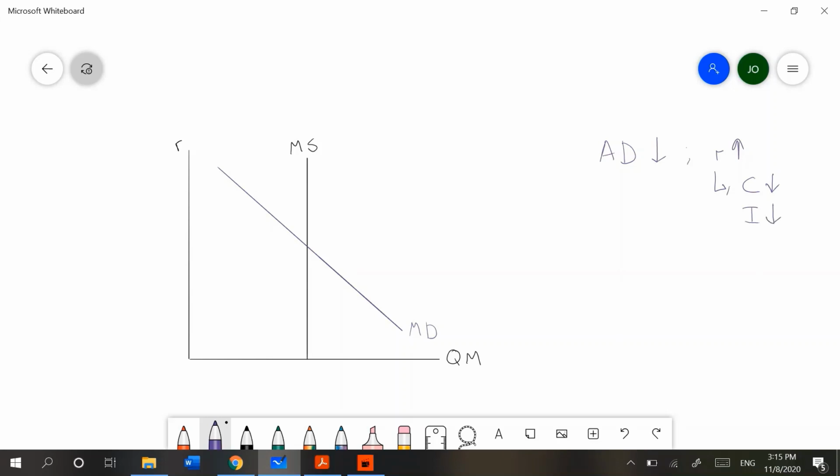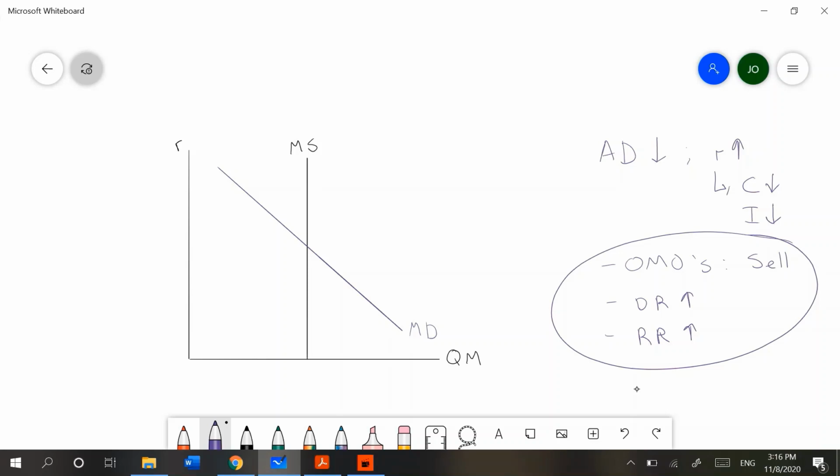So how can the Federal Reserve increase the interest rate? Let's go back to our 3 tools for monetary policy. Open market operations. In this case, the Federal Reserve must sell government bonds or treasury bills. It must also increase the discount rate as well as the reserve requirement ratio.